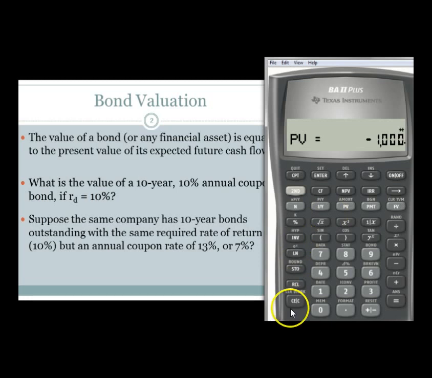So you can hit clear now, and you can enter those different coupon payments. Let's do the 13% first, okay? You can leave everything else in your calculator. The only thing that's changing is the payment. So a 13% annual coupon rate, if you take 0.13 times 1,000, that's a payment of $130. And we're going to go ahead and compute the present value, and you find that the bond sells for more,